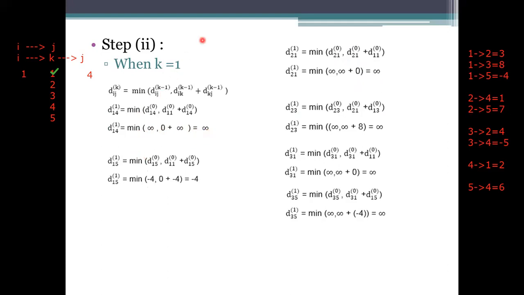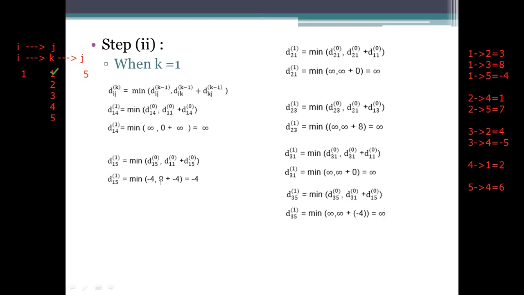So here the j value has been updated, and the j value now is 5. So for 5, how are we going to calculate? We need to traverse 1 to 5 here. There lies an edge between 1 and 5. See here, and the value here is -4. Represent it like this, and then next calculate with the intermediate node. So the intermediate node is 1 here. We need to calculate the distance from 1 to 1 and then 1 to 5.